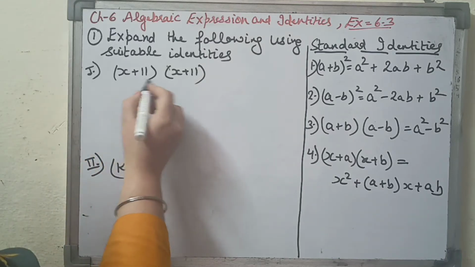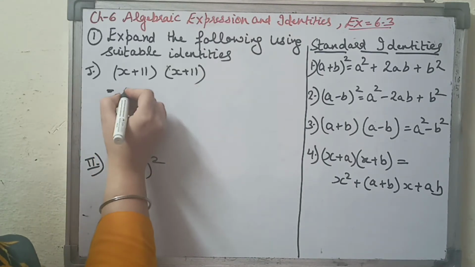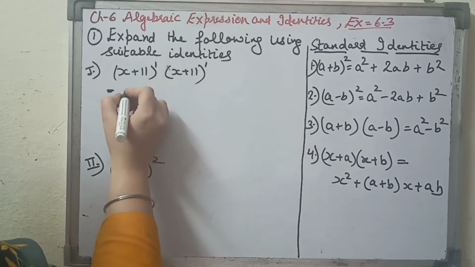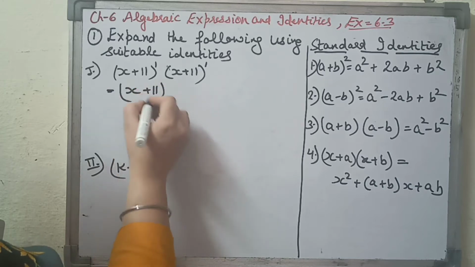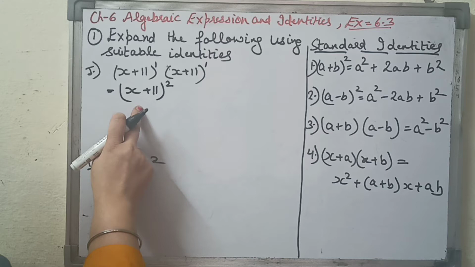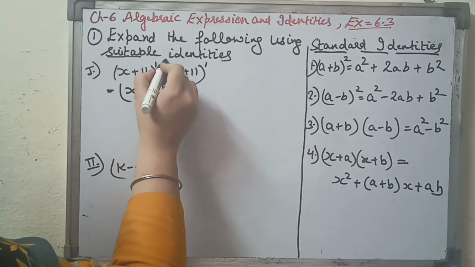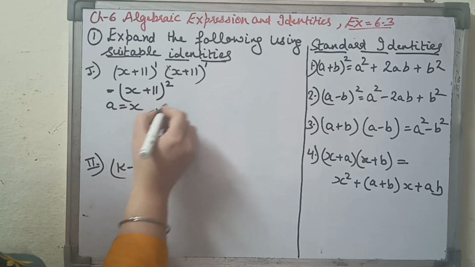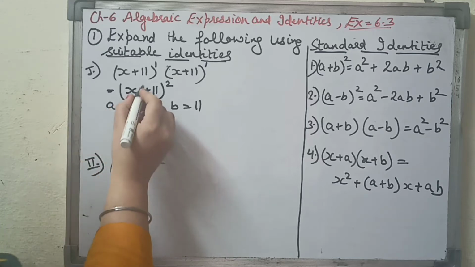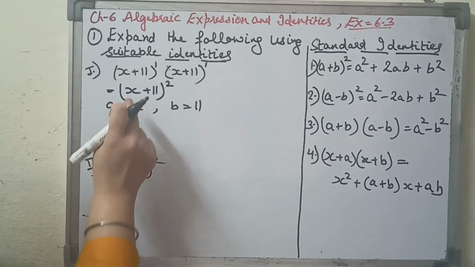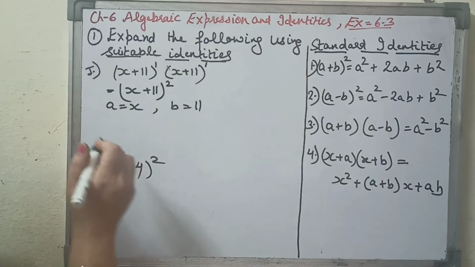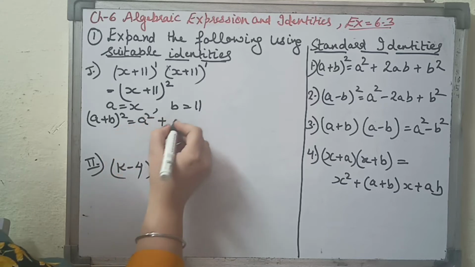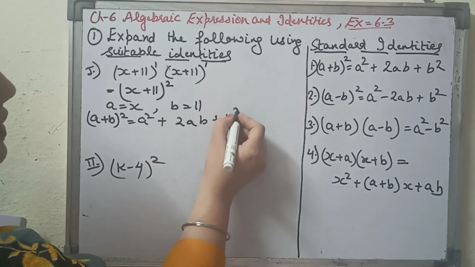first is (x plus 11)(x plus 11). Now, everybody knows these two are the same terms, right? Here its power is 1, its power is 1, so it can be written as (x plus 11) whole to the power 2. Now, according to the first sum, we have to make use of only the identities. So, let us take the first term a, it is x, and the second term b, it is 11. Now there is a positive sign in between two terms. So we will make use of the first identity, and according to this identity we write down (a plus b) whole square, it is a square plus 2ab plus b square.